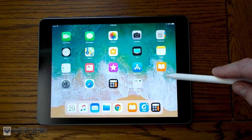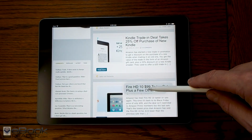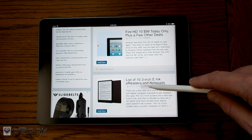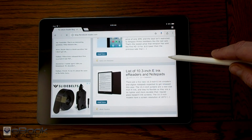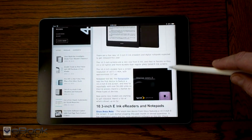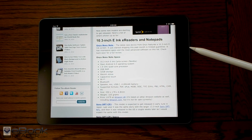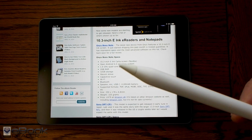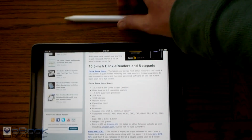You do get used to it, but you kind of have to use a softer touch on the screen because it does get a loud clicking noise to it. I don't have it here on this video because I'm recording the voiceover, but it sounds like this. So that does take some getting used to. You've got to adapt to using a softer touch, but I do like using the pen for non-pen type things, like with the web browser, selecting small links, or selecting text or something. It is kind of nice to have the pen for that,